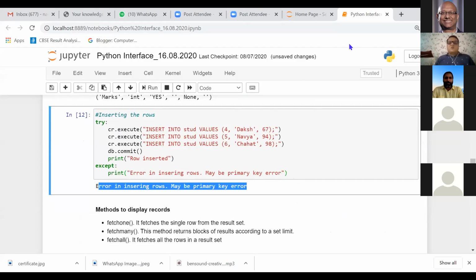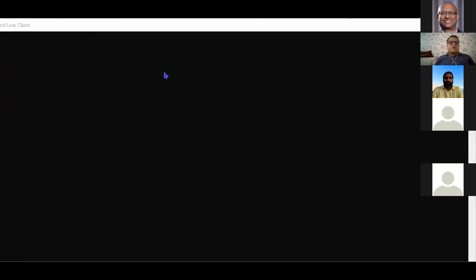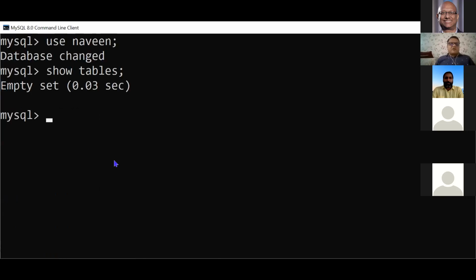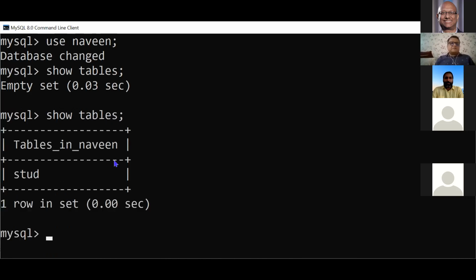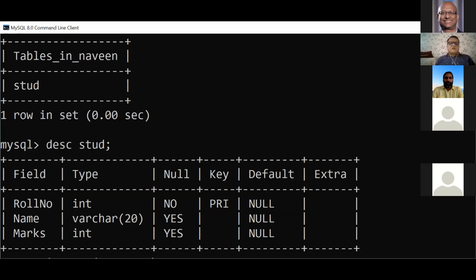So if I go back to my MySQL, I'll see that my database was Naveen. I've already shown tables. So you will see here that my table is there. If I say describe student, you will see the table is there.